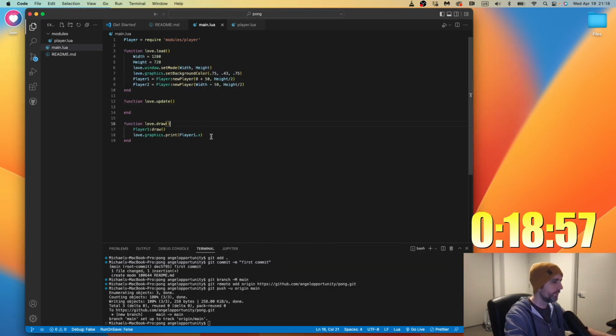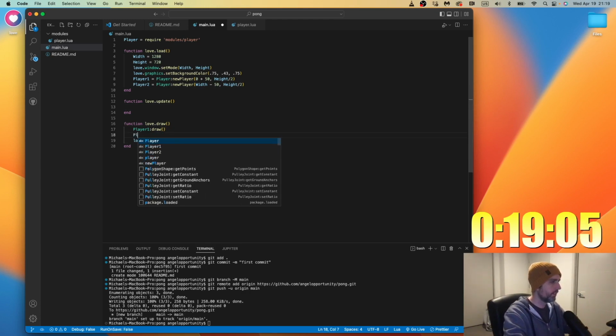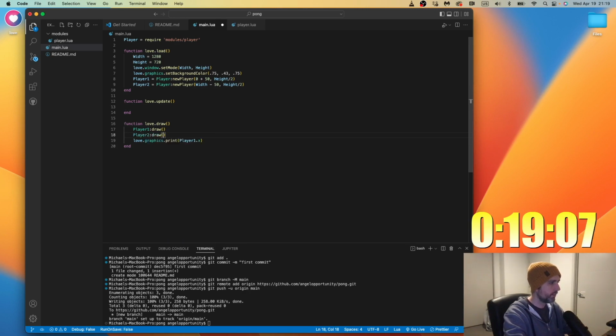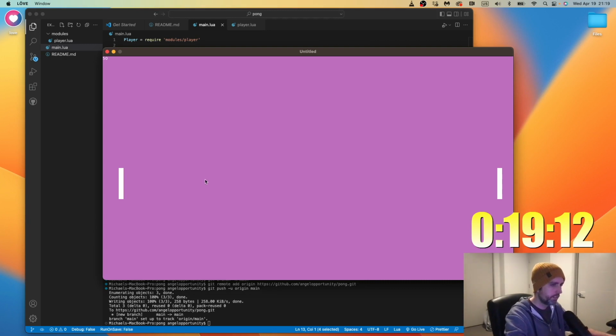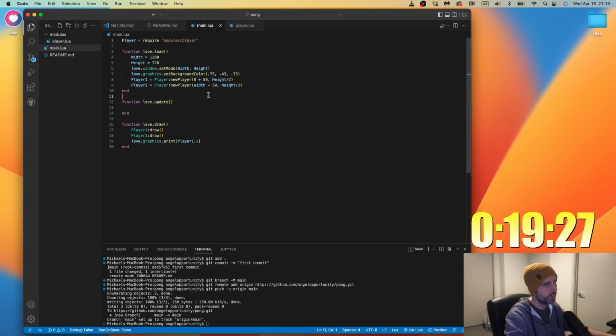Oh, and there we go. Something is off on this. Oh, it's because I'm doing top left. So this is the middle, this isn't the middle, right? So that's why it looks a little bit off. I'll worry about that later. That's not a huge issue. I could fix it by doing height divided by 2.